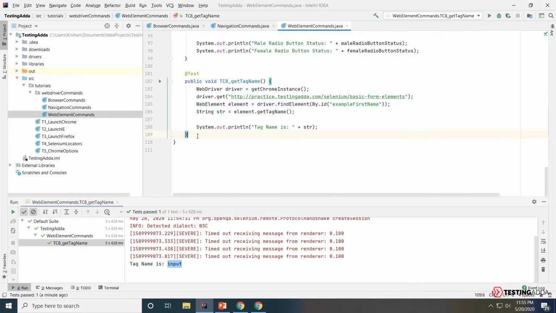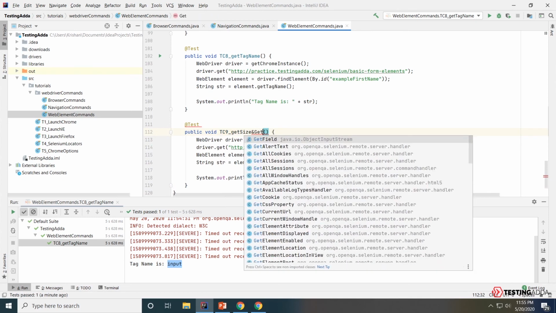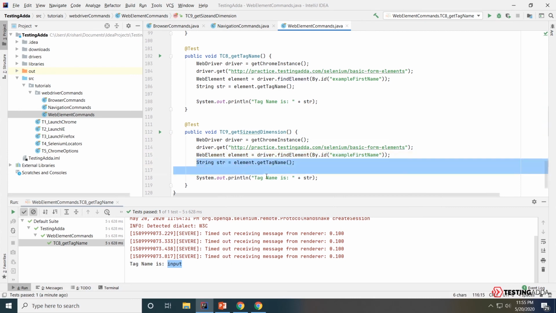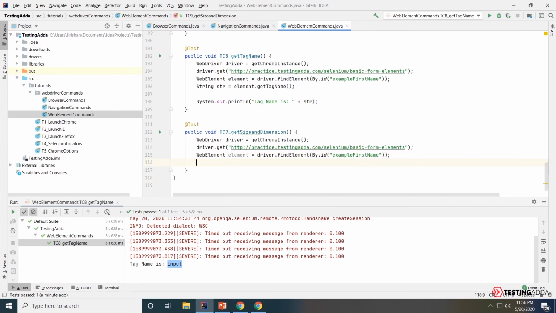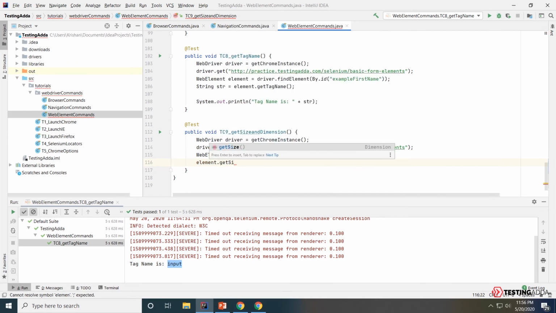So let's see practically how these two methods work. I'm going to create a new method and name it getSize and getDimension. Right, so this is my method. I'm going to check the size and dimension over the first name element, so I don't have to use these. I am going to write element.getSize.